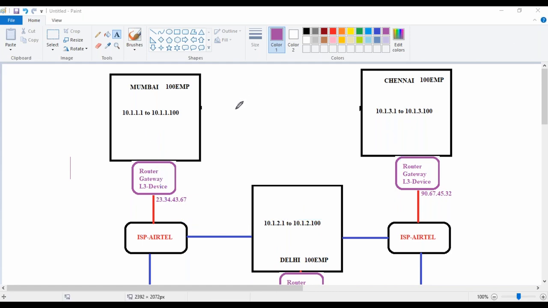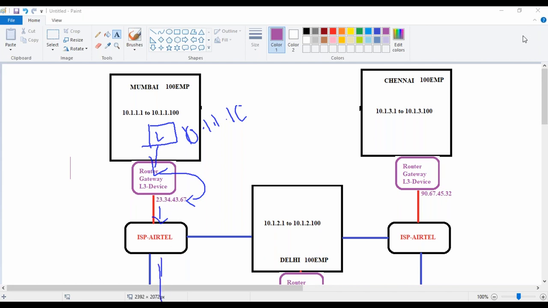But if you want to reach out to the internet, the machine or the laptop will send the packet to the router. The laptop has an IP, imagine 10.1.1.10 for example. Now you know what the router will do. The router is going to convert the address of the packet to this public IP, guys, and then send it to the ISP. Now the ISP can see that it is coming from this IP, so it is valid. Then it sends it out to the internet.